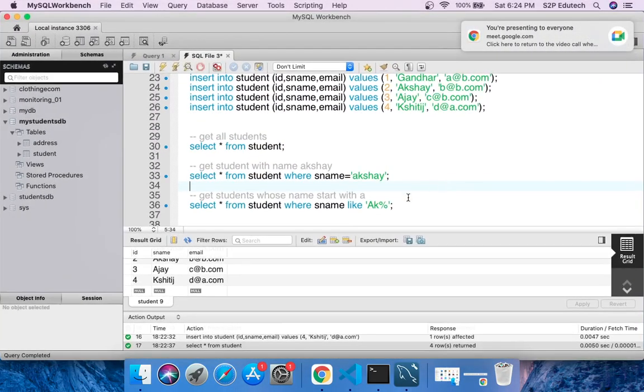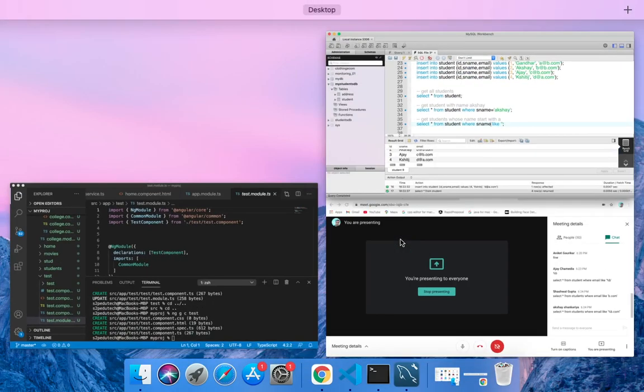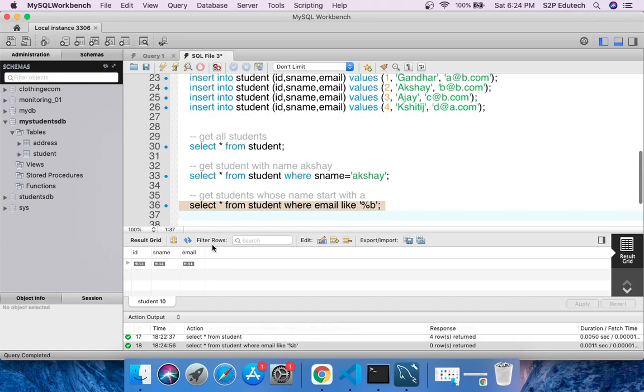Okay, let's see. Instead of AK percentage, what I'll give is where email like, let me try and give percentage b. Let's see what happens. It did not fetch me anything. Why did it not fetch me anything?